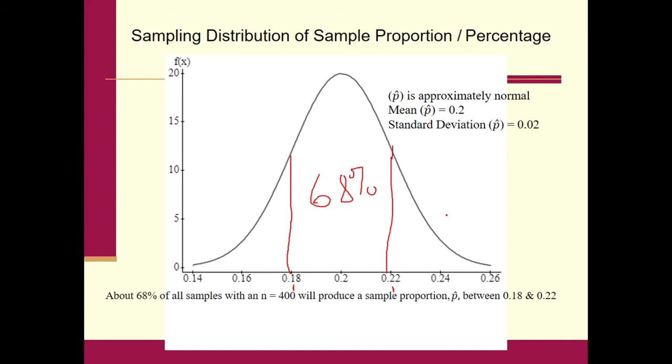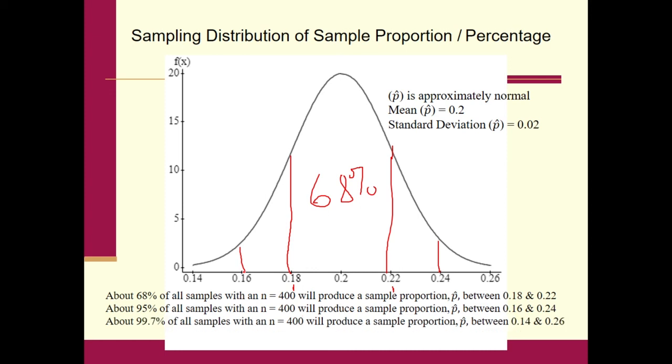Well, what does the second part of the empirical rule say? Let's go out one more standard deviation. How much of the data is between those two points? 95%. So about 95% of all samples with an n of 400 produce a sample proportion p hat between 0.16 and 0.24. Thirdly, about 99.7% of all samples with an n of 400 will produce a sample proportion p hat between 0.14 and 0.26. So if we go out one more standard deviation,